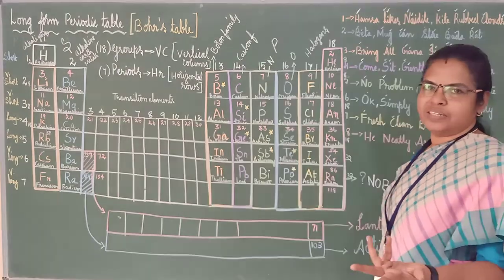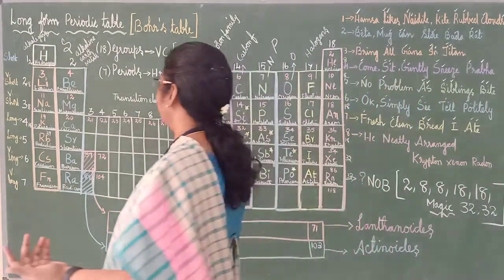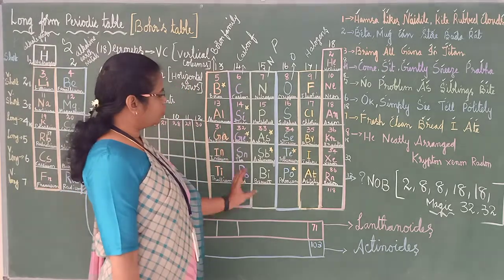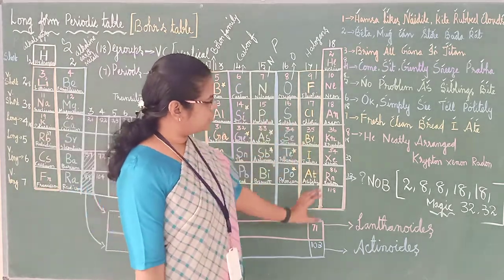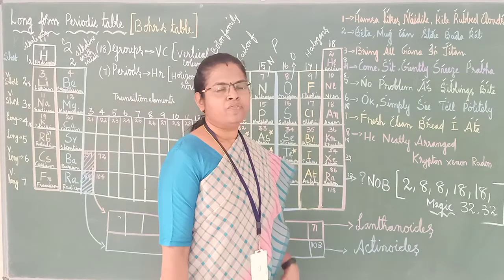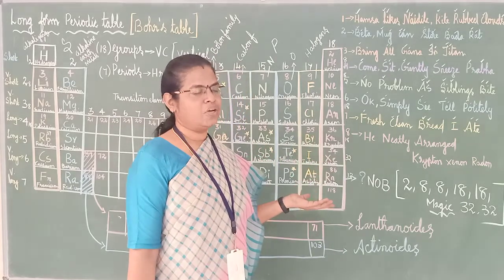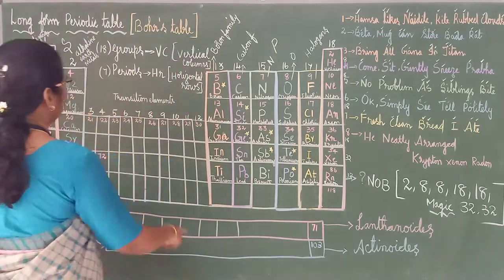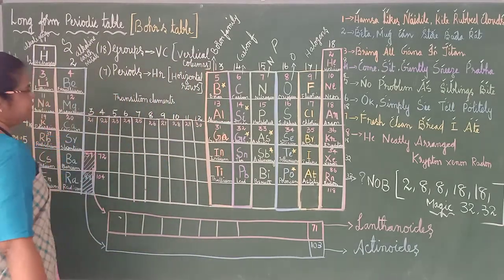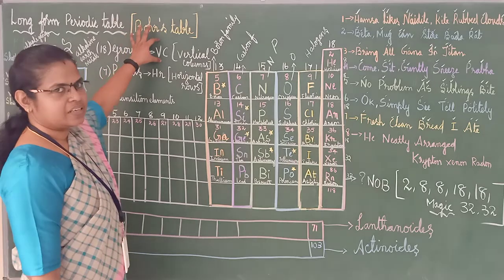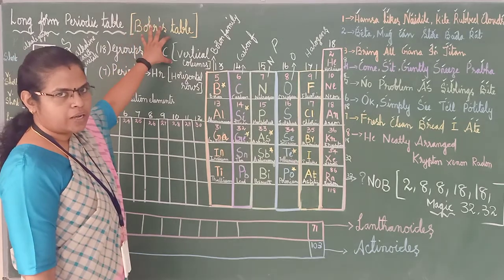Easily we have studied groups. Right? Okay. So first group, second group, third group, fourth group, fifth group, sixth group, seventh group, eighth group. Okay. 4 to 5 times you see this video, automatically you will get it. Now we will see periods. How many periods? 7 periods. How will we remember groups? Vice Chancellor. That means vertical columns.